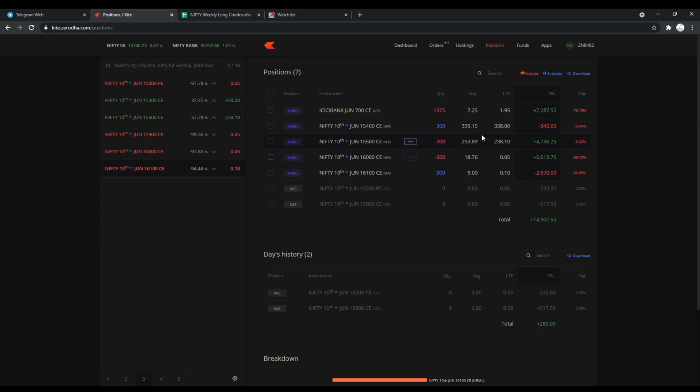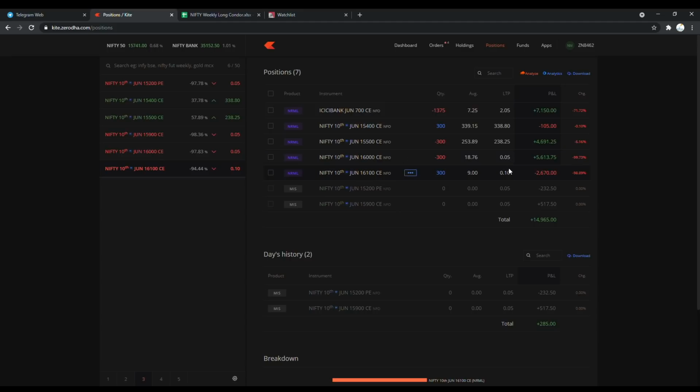Now 340 it will keep on moving because we have got another 7 minutes to go for expiry. We are 100% sure that it will be somewhere around this range only. Like in the last 1 or 2 minutes some miracle can happen, means it can go to 15,500, but it is very unlikely. Or if it goes to 16,000, not likely, because it has already come to 5 paisa. Here there are some hedges, something is going on, or some auto square off is going on. That is why the price fluctuates, but